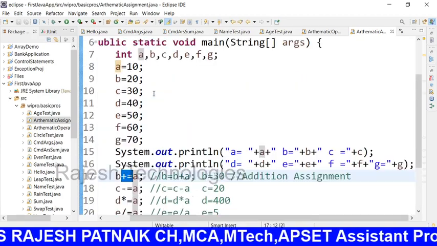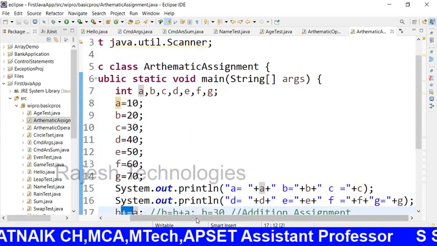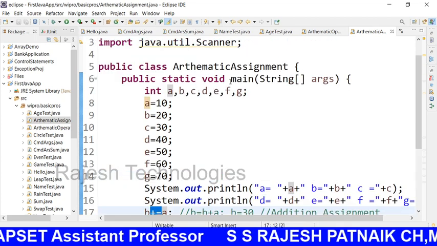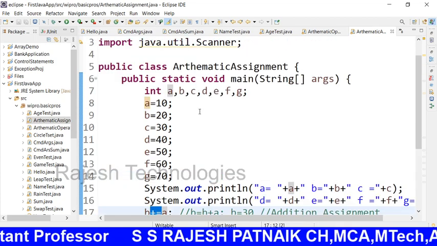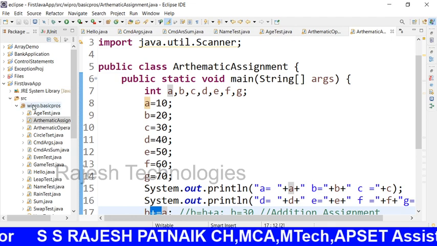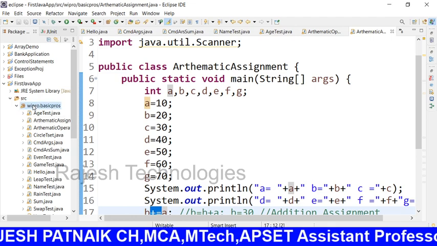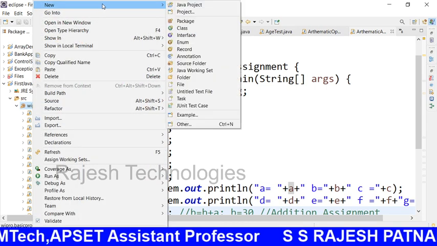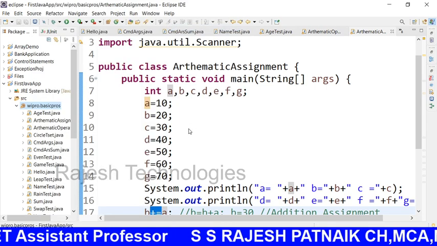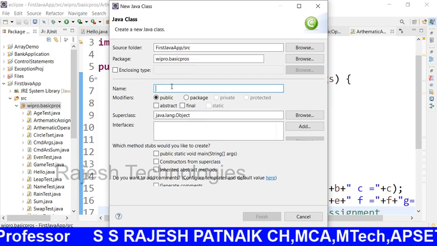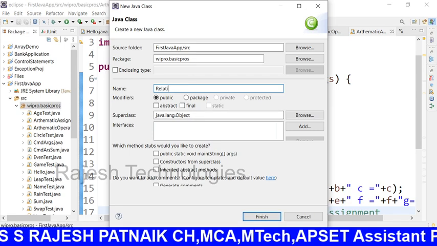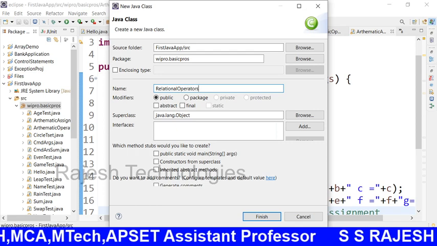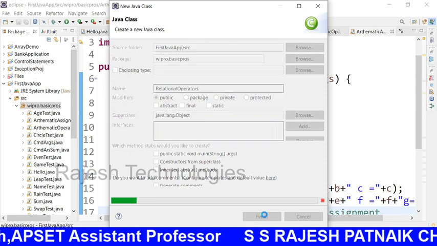Go for the next program, binary operators. Other binary operators, you already know that binary operators are the relational operators. So let me go and see what the relational operators were. Right click, new class, take a new class and name it relational operators. Okay, and click on finish